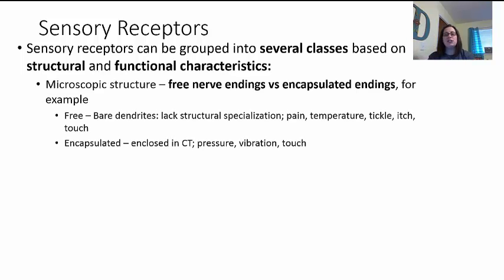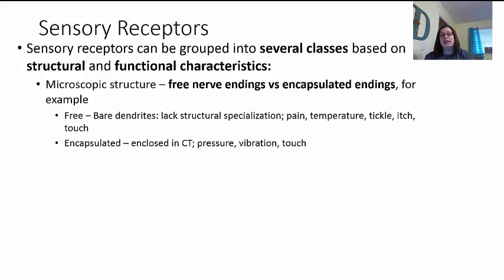All right, so the first thing we want to look at is the microscopic structure. This is where we're going to look at the very detailed side of the neuron. Is it a free nerve ending? When we talk about free nerve endings, that would be the example with the cold receptor in the picture, where the dendrites are just free. There's nothing covering them. They are free. On the other hand, encapsulated endings have a type of membrane or connective tissue wrapped around them. That's like what we saw in the pressure neuron in the picture earlier.